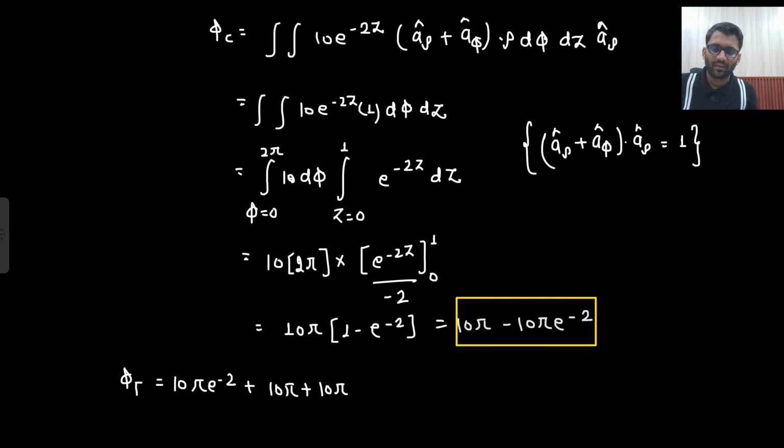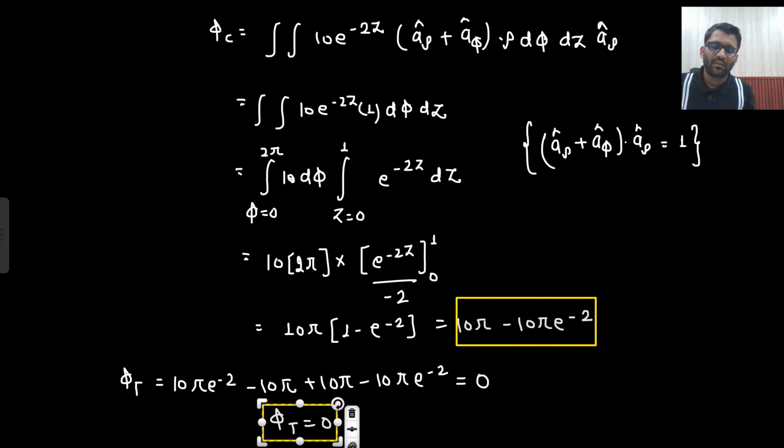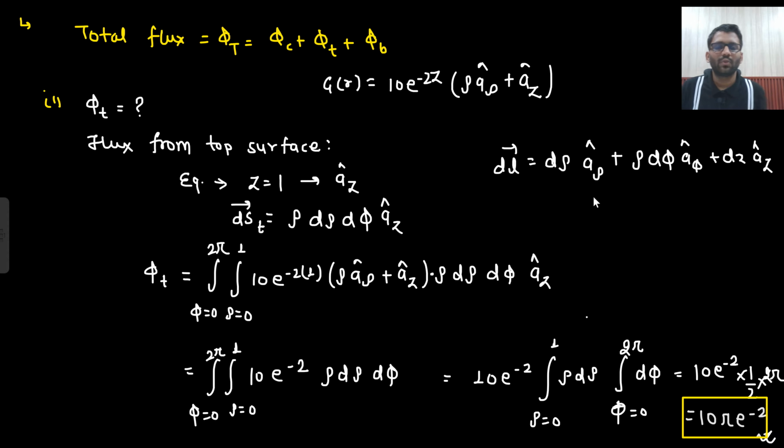This was minus tan pi. So this was minus tan pi plus tan pi minus tan pi e to the power minus 2. So what is the total flux you are getting? 0. So total flux is 0. That's the answer. Now you are thinking, sir, how we will be able to solve this kind of question